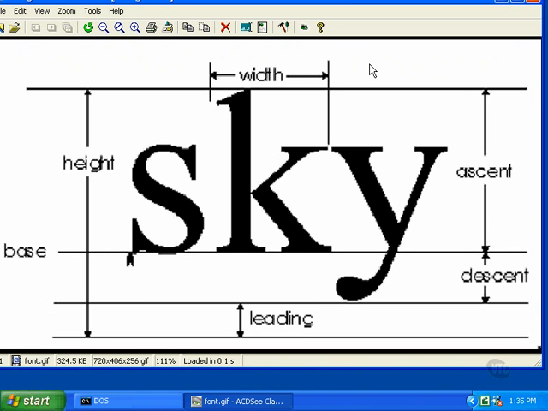Now, the letters of Java rest on a baseline that runs along underneath the bottom of every letter. Well, as you can see in this example, it runs along the bottom of almost every letter. Some letters have descenders that extend below the baseline. Now, the distance from this baseline to the bottom of the lowest extending letter in the entire font is known as the descent of the font. Not all letters have descenders, of course, but you need to allow for the ones that do when you're positioning